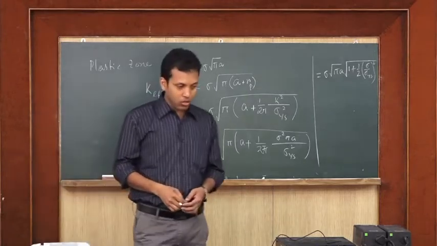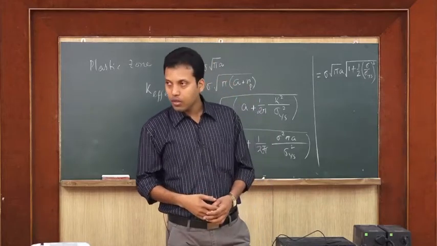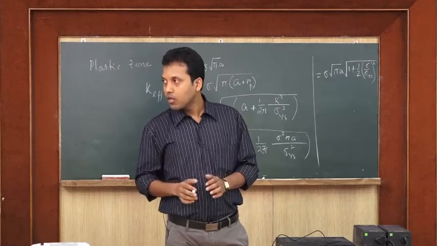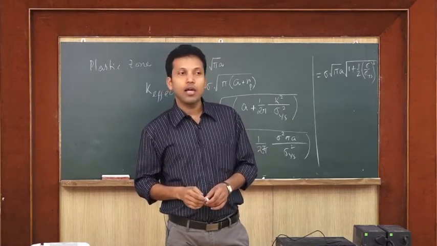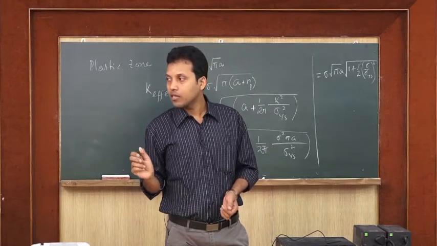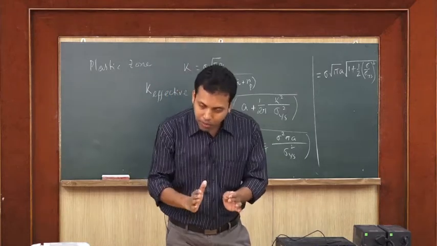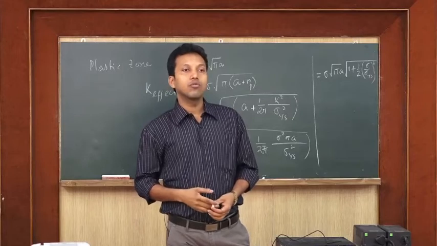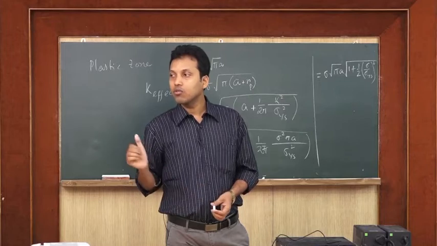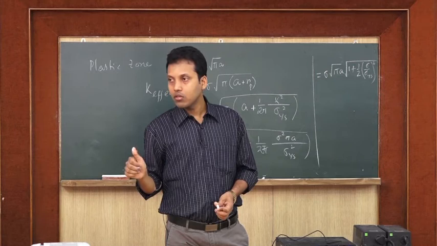So this is the value of K effective, but after calculation of this particular one, I will have a certain K effective value. For that I have a certain crack length, which is a plus r_p. Now if I consider this a plus r_p as a new crack length, then based on that I can calculate a new r_p value. Do you follow this or not?